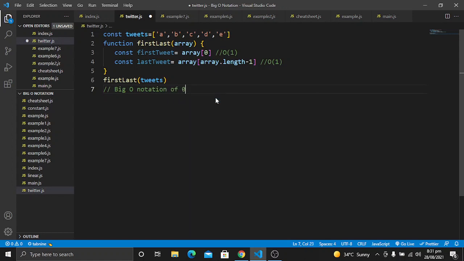So the big O notation for this feature to be added to Twitter is going to be O of 1, which is constant time.